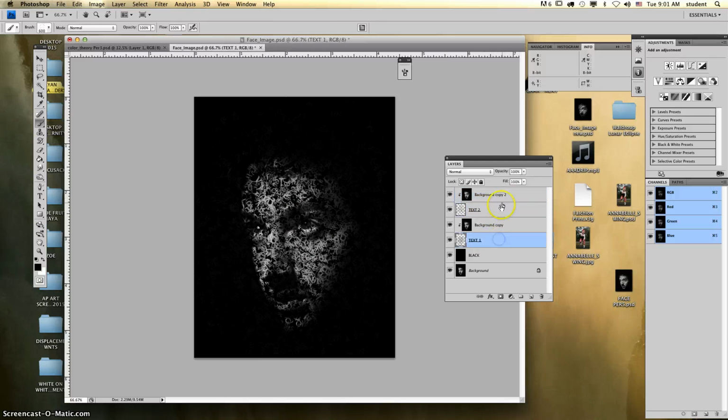Now this is what I do from here. I select either text 1 or text 2, and I decide which one would look better if I lower the opacity on it. And you can see if I lower the opacity on this, some of the other letters from the other layer kind of come forward. I'll try it though for this one. I'm going to keep it 100%. Let's turn this one down now. So I think I'm liking this a little bit better. I'm just kind of fading out text layer 2 a little bit, and that's allowing text 1 to come forward some. Okay, you could potentially do another layer, do this process again, but I'm going to move on to the